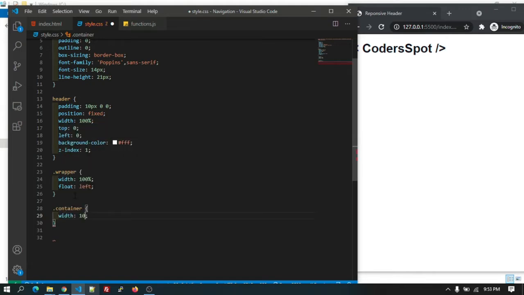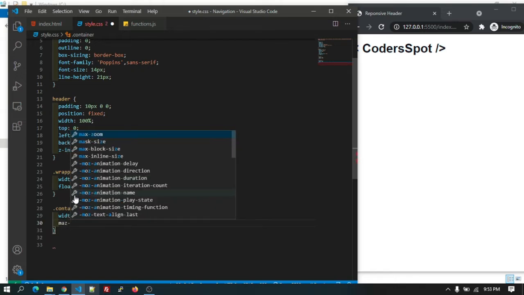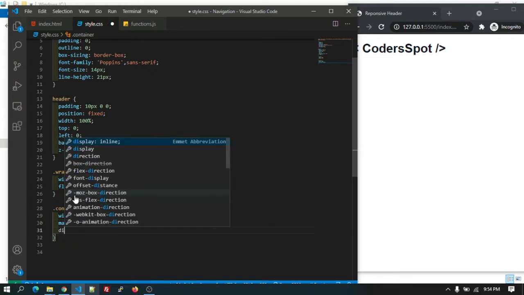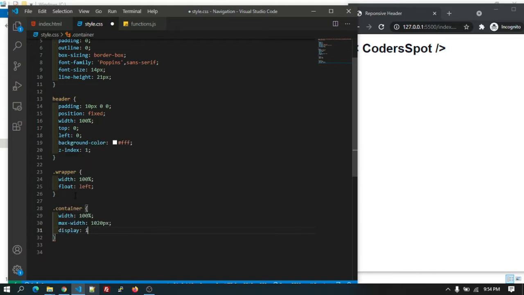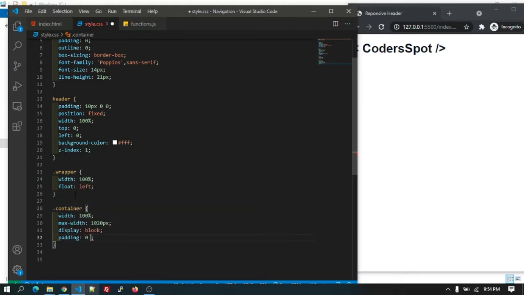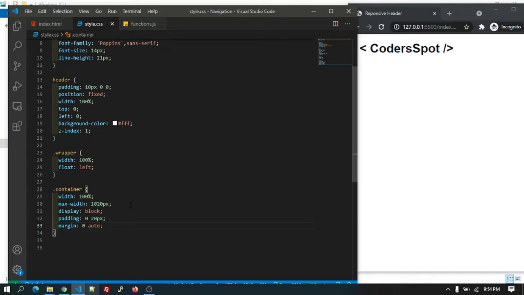Width 100%, max-width 1020 pixel, and the display block, and padding will be 0 20 pixel, and margin will be 0 auto. Okay, we have added CSS to the container as well.